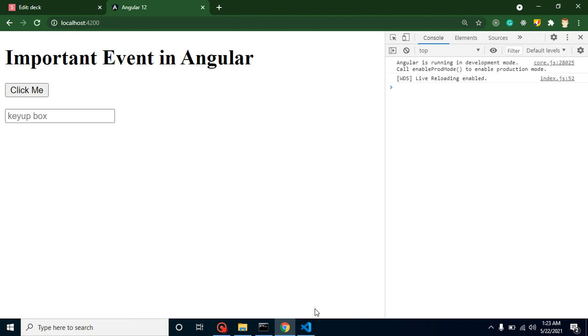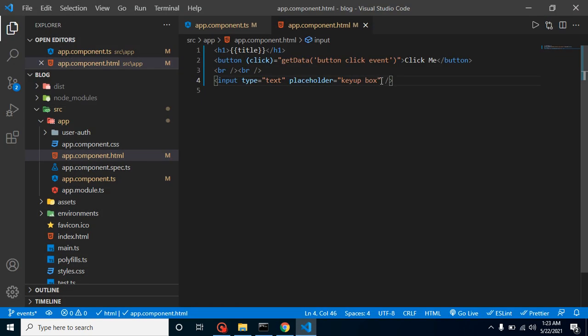This is pretty fine. So now let's add a key up event. For that, just use keyup. Keep in mind one more point, you don't need to use quotes over it; sometimes we make a mistake there. The second thing is, we don't need to capitalize it or use camel case.